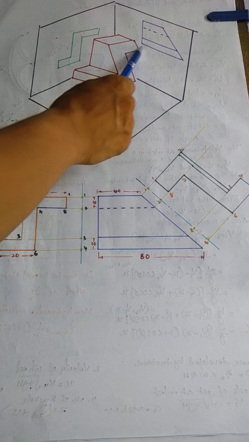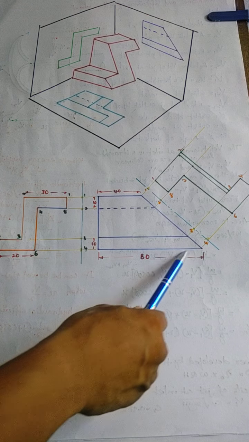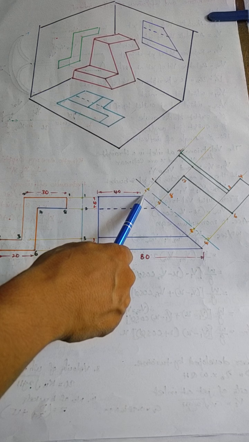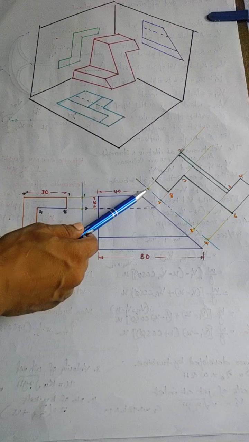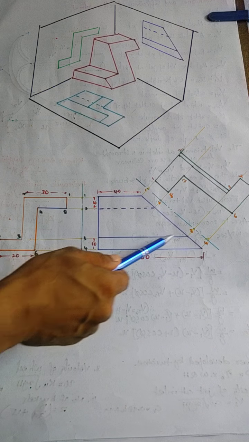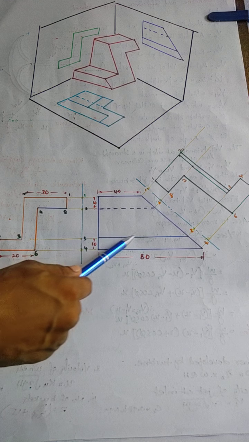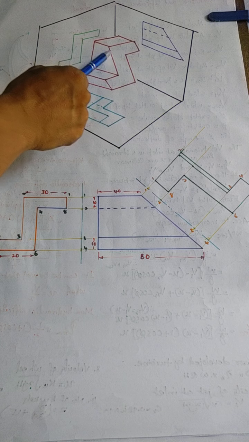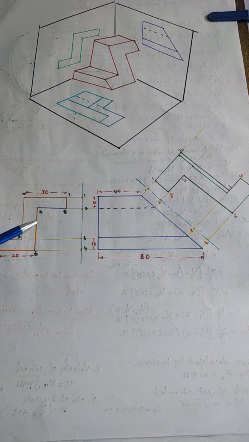So draw this front view diagram according to the given dimensions. The horizontal bottom length is 80 mm, the vertical height is 40 mm, and the horizontal top length is 40. From here to here, just join an inclined line. There is no inclination given, just join 40 to 80 with an inclined line. And then this horizontal line is this one, drawn at a height of 10 mm. From the top, 10 mm below, you have to indicate this edge, but that edge is not seen directly from this direction, so just indicate it with dashes.